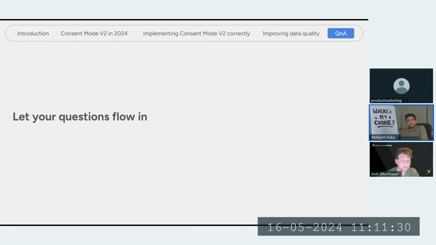But V2 has additional ones. It expands to ad user data, which grants consent for sending user data to Google for online advertising. We also have ad personalization, which unlocks the potential for a personalized advertising experience, right? You can be enabled for remarketing campaigns, and it will help you build audiences there. So that is the basic difference between V1 and V2.